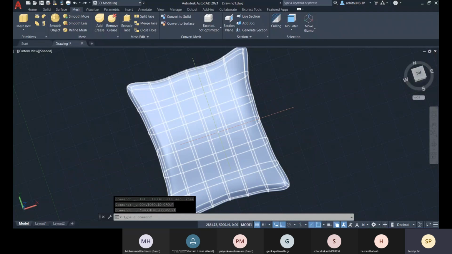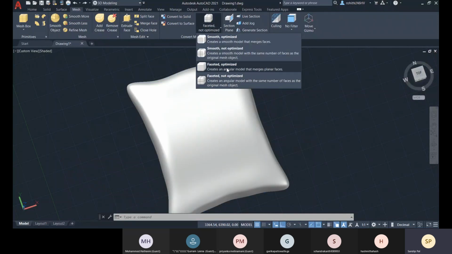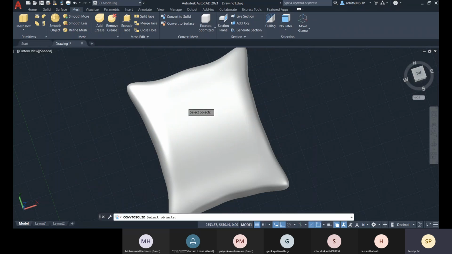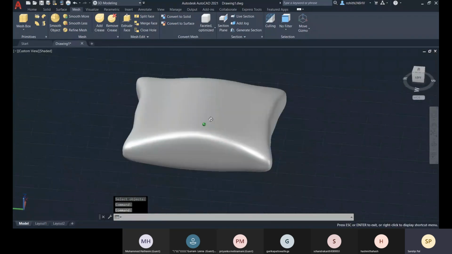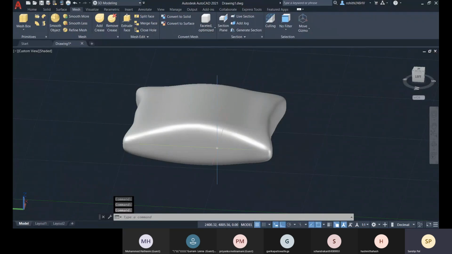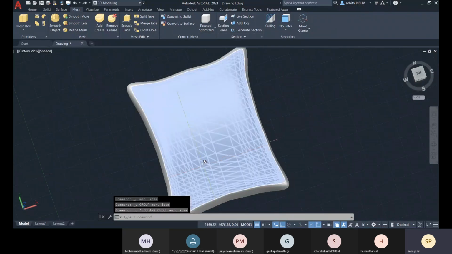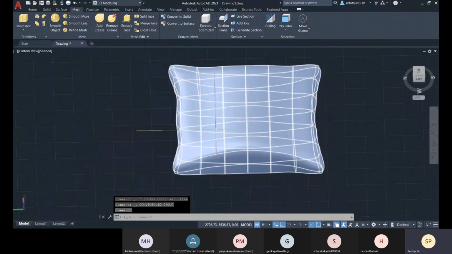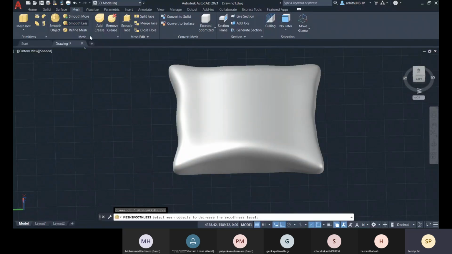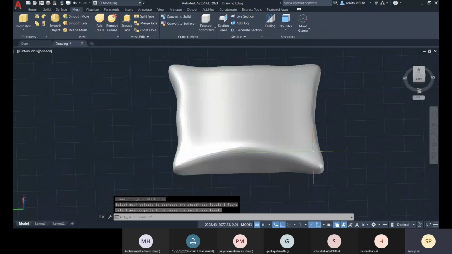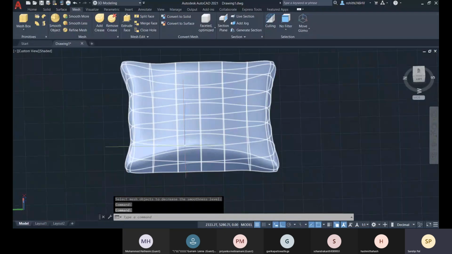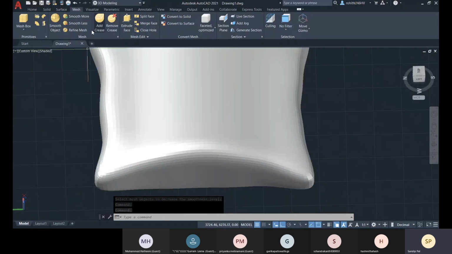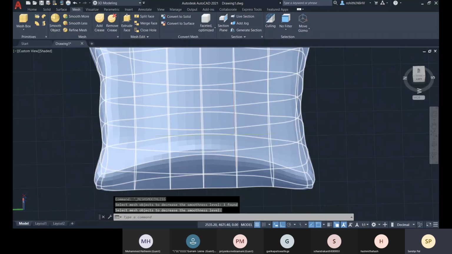Yeah. So here it is, mesh. Now let me go for faceted optimized, and let me go for convert to solid, and then enter. And there you see that is kind of the same thing you are getting, but there were no faces, right? So let me do one thing: before convert to solid, let me smooth it less, so you can identify. So now can you see that there is less smoothness. So now let me make it less smooth more.